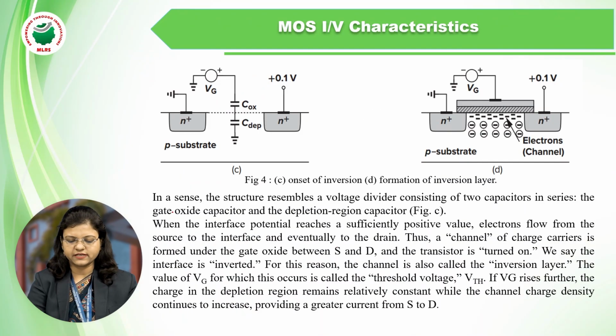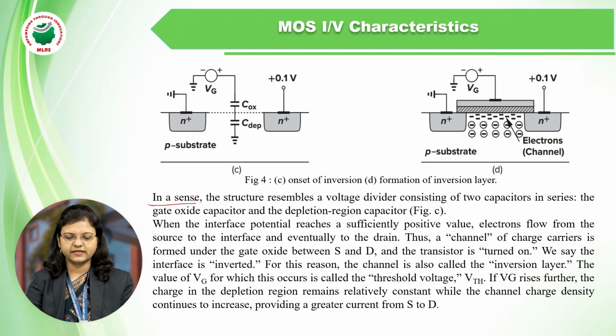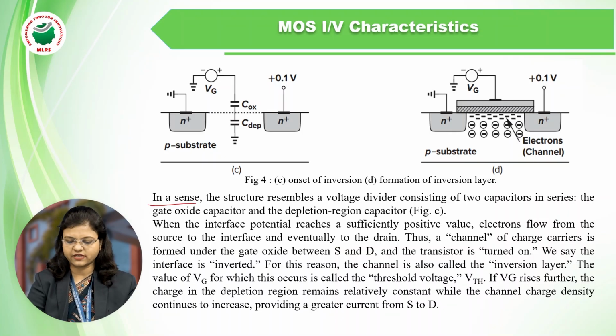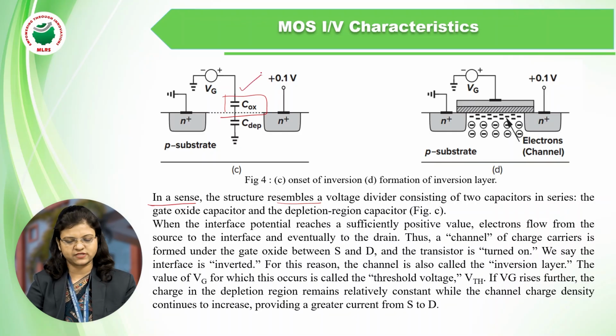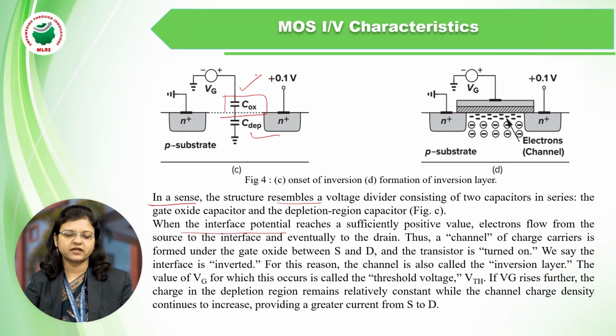Now in the other case, when a depletion layer forms, this structure resembles a voltage divider. How will it be? Here it will be the oxide layer, so the oxide capacitance will be there, and here the capacitance of the depletion layer. When the interface potential reaches a sufficiently positive value, we keep increasing VG, that is the gate voltage,